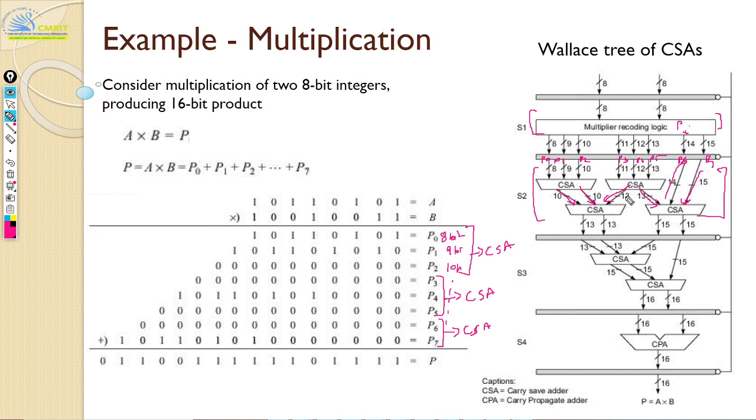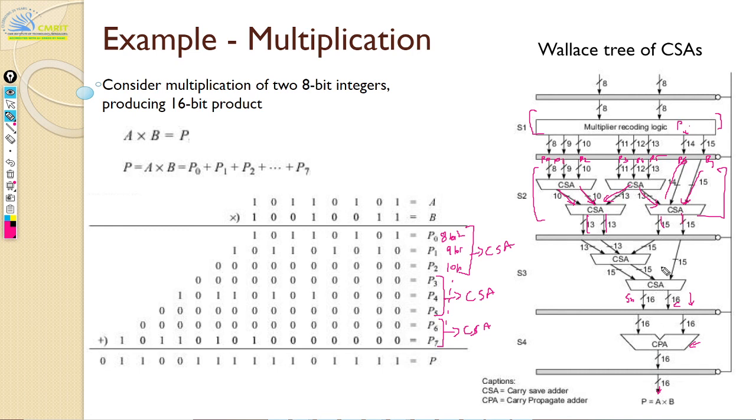So anyway, coming back to this, what you have here is again your two 13-bit outputs and two 15-bit outputs. Again you take that and give it to another carry save adder, and another carry save adder. So you have a tree of carry save additions, and finally what you have is only 2 bits, the S and your C, correct? So finally it will always come to your two outputs. That's what your carry save adder does. Even though it converges, it always converges to two outputs, and those two outputs you give to one carry propagate adder or a ripple carry adder or something, and you get the output here. One product you will get.